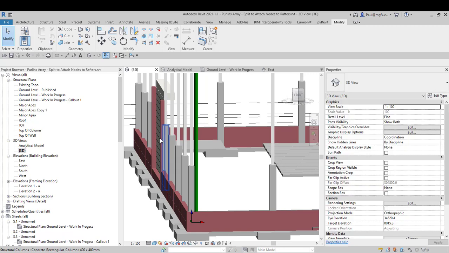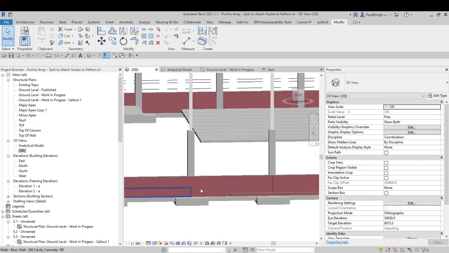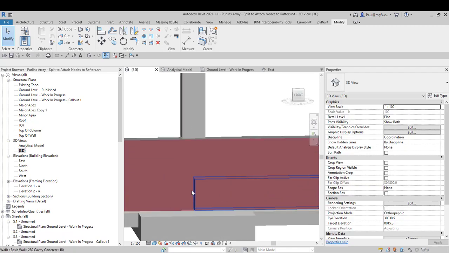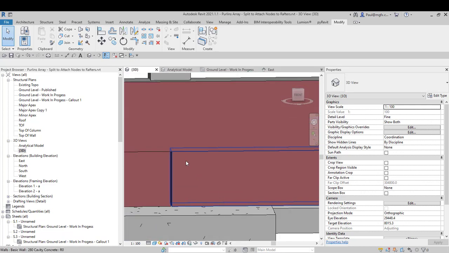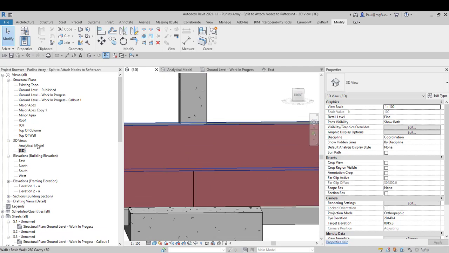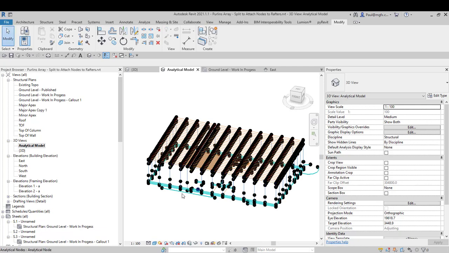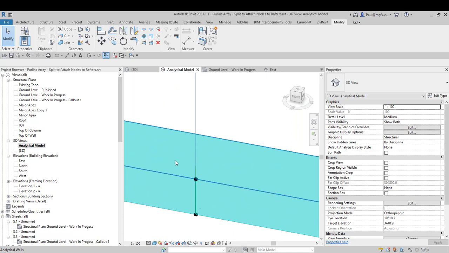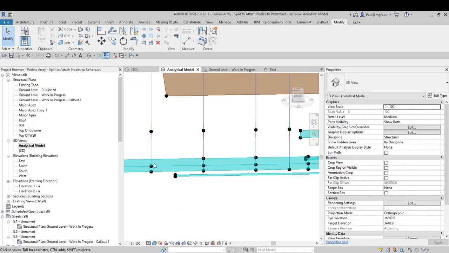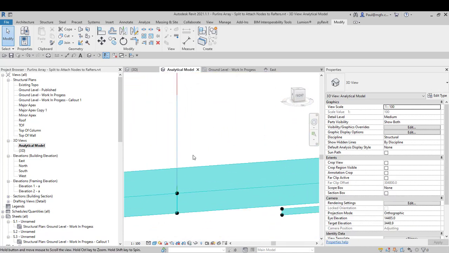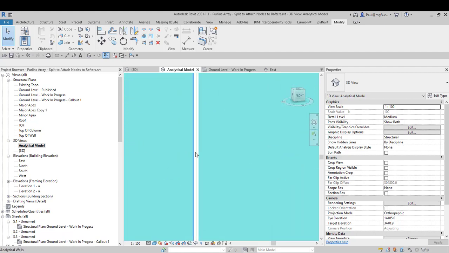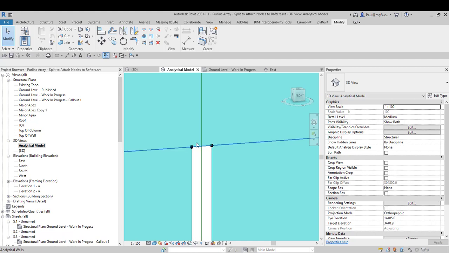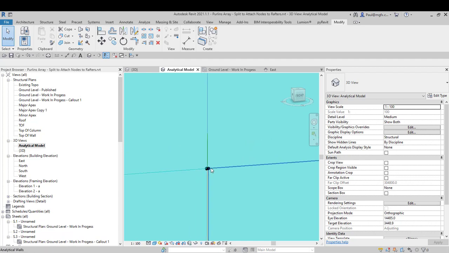Another issue that we come into contact with when we do structural modeling is that we've got some gaps in our walls, expansion joints, and we'd like to have our analytical model connect up to the beams, which you can see over here. Let's see what happens when we create... You can already see here there's a problem. Let's see what happens when we create a